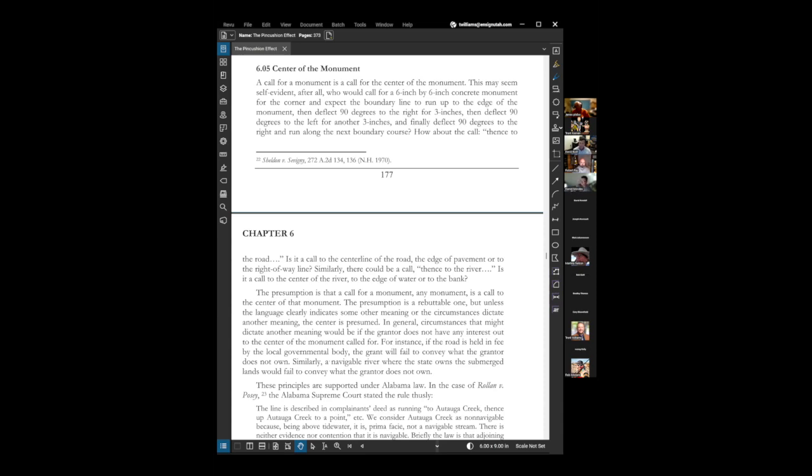And if the occupation goes to someplace on the monument, that is the correct location of the precise location of the corner, and it's determined by the actions of the landowners. Common practice has been, at least in my experience, that we do go to the